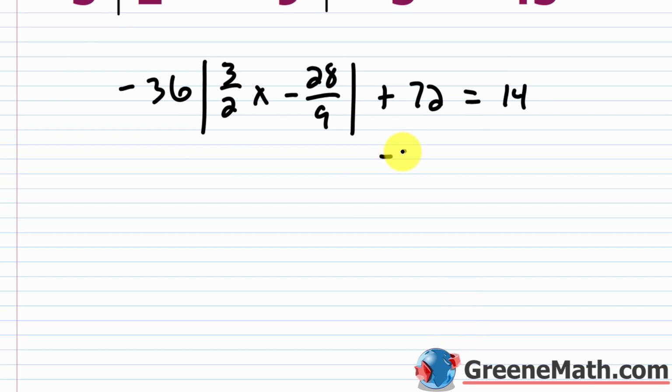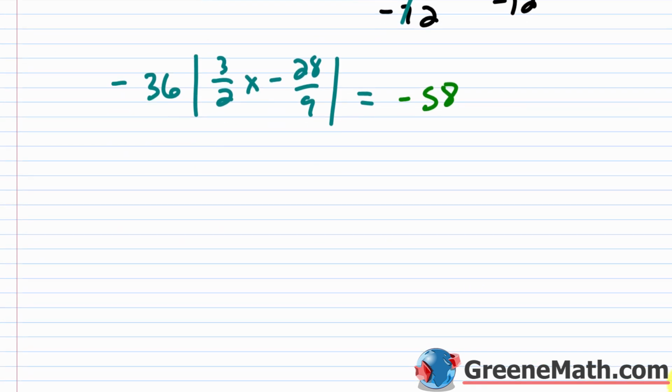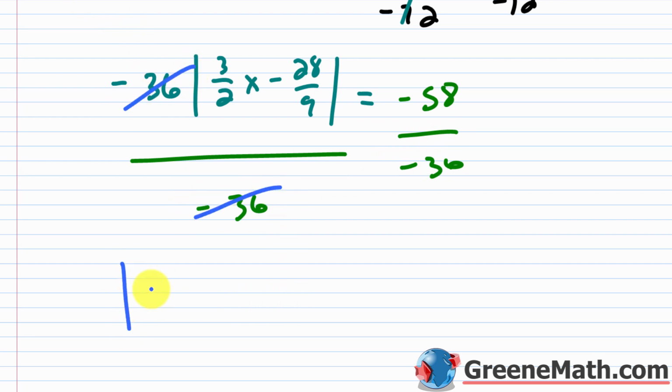And now let me subtract 72 away from each side of the equation. Let's cancel this out. We'll have negative 36 over here on the left times the absolute value of 3/2 x minus 28/9. And then this is equal to 14 minus 72, which is negative 58. And then to finish this up, let's divide both sides of the equation by negative 36. And so this is going to cancel. And we'll have the absolute value of 3/2 x minus 28/9 is equal to, negative over negative is positive,